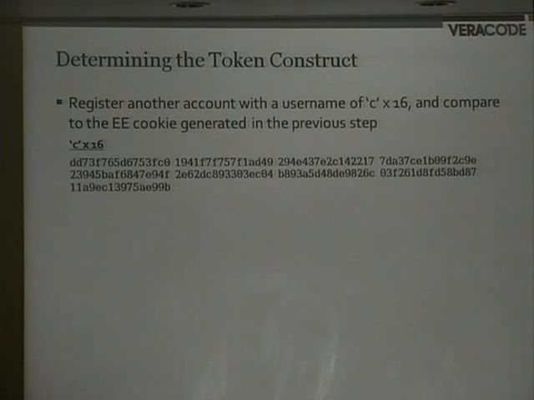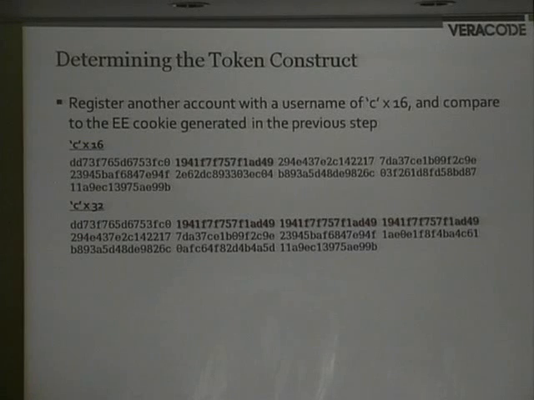We're going to do it with a 16-byte, 16 C username instead of a 32 one, and we're going to compare that. And again, we're just looking for patterns. So that's what happens when I register those two different usernames. And again, you can see that repeated block. So the theory there is that the block that's highlighted must be the encrypted form of 8 Cs, because we see it appearing in both of these different